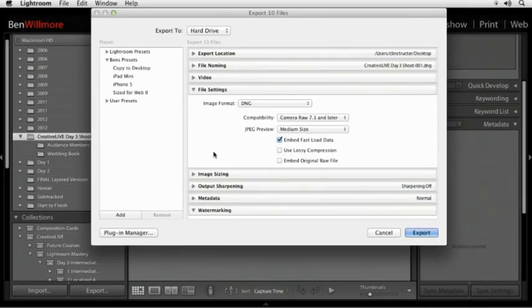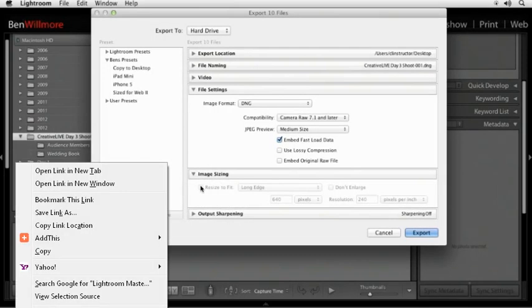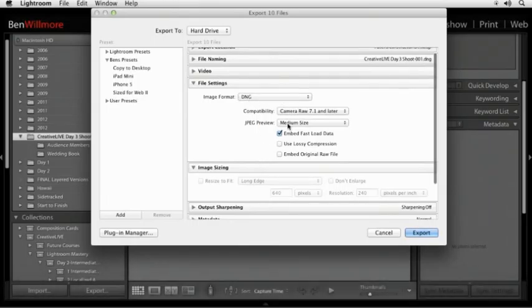Then here's a setting I like. You can go to image sizing. Hold on, take me a second, because usually it's in here. Okay, and if you use lossy compression, you can turn on resize to fit. You can resize the picture. So if you want to give a client your raw file for some reason, meaning your DNG file, and you don't